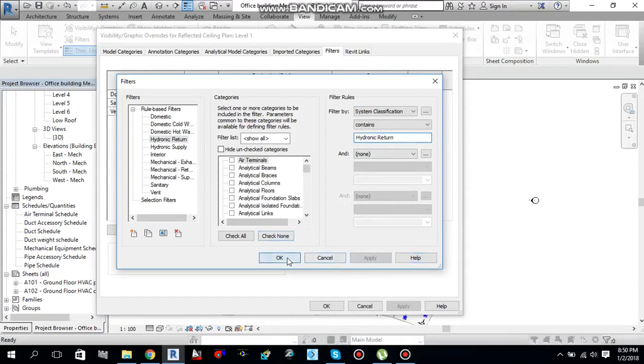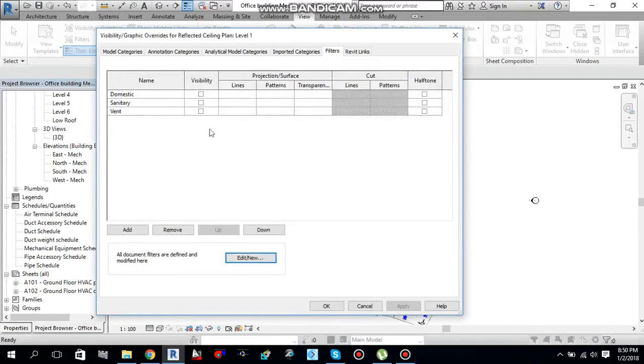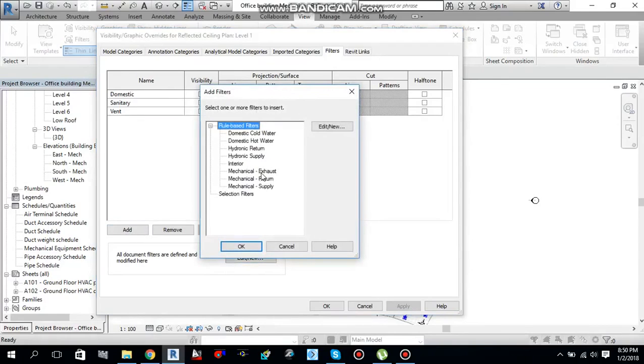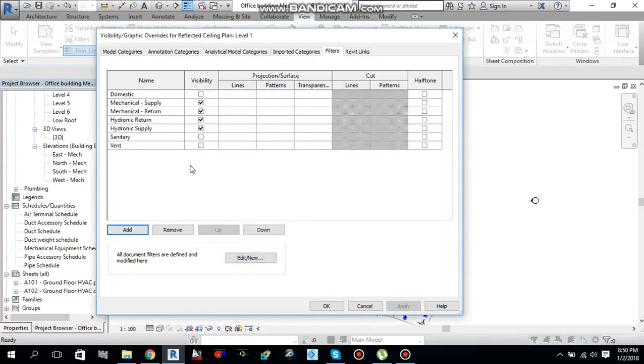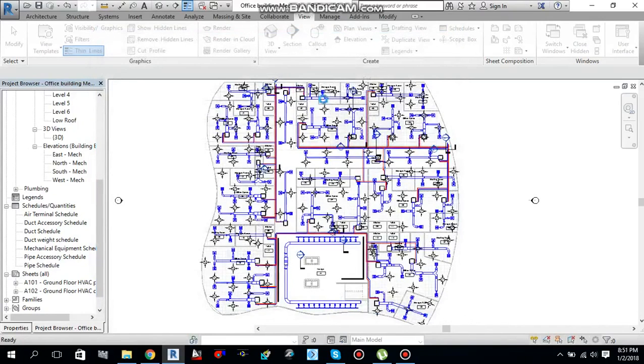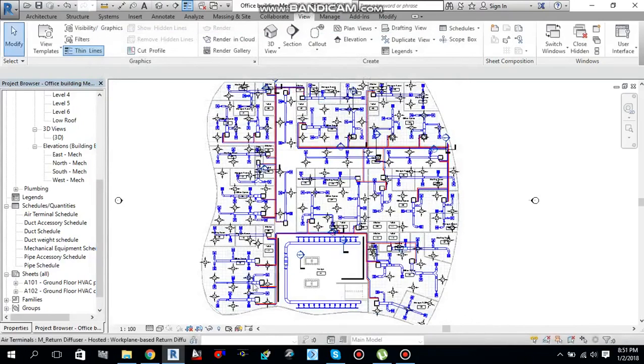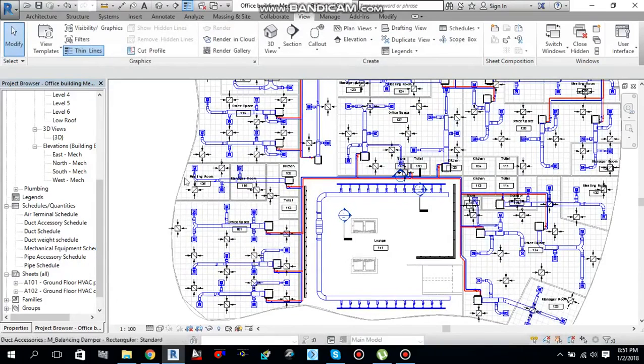Hit apply. Okay, so as you can see there's no filter added over here. I already created the filters, so just go to the add button and add your filters, that is mechanical supply, return, hydronic supply, hydronic return. Okay. If I select all of these visible in the view, like mechanical supply, mechanical return, hydronic supply, and then say OK, it will show me all of these elements which I have selected in the view in my visibility graphics